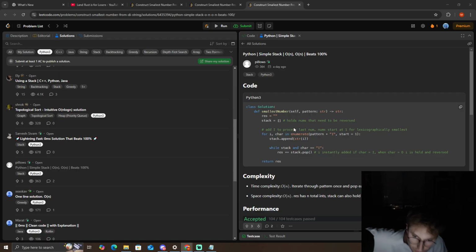I'm still a little confused here, to be honest, when reading this. For i, char in enumerate, we're looking for i and we're looking for char. So we want, obviously, the index, and we want char in enumerate(pattern + "I", start=1). We stack.append(str(i)), right? So while the stack and char is equal to I,